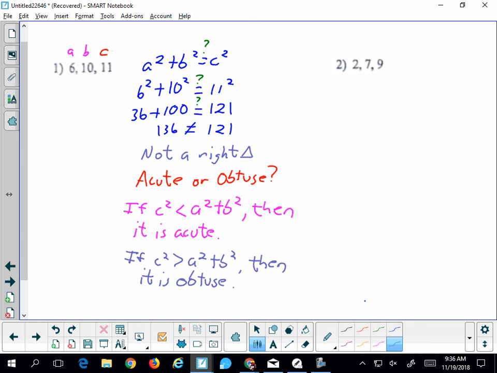So if we go back to our values here, c squared is 121, a squared plus b squared is 136. So in this case, c squared is less than a squared plus b squared. So this gives us an acute